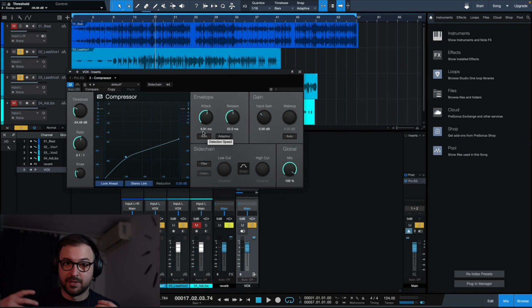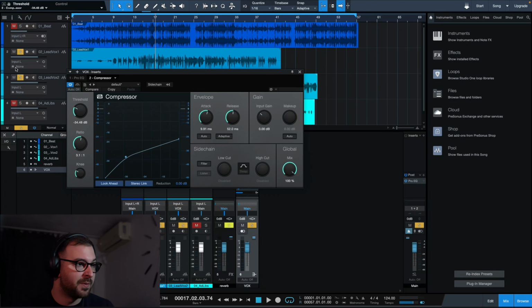I do that because I want to hear the vocals as squashed as possible. I want to see the compressor working. And what I'll do, I will listen, and then I will decrease the threshold gradually until I get to a value that fits my needs and a sound that's quite right for the first compressor. So let me show you how the vocals sound squashed, and then we will gradually decrease the threshold, yeah?